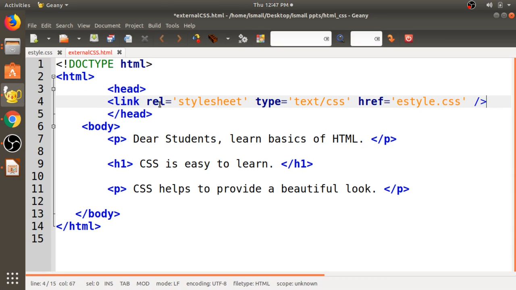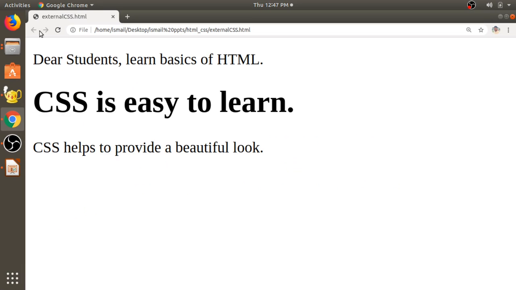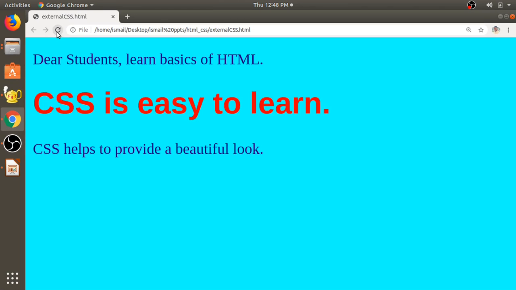Link rel equals stylesheet, type equals text/css, href equals estyle.css. One important note is do not copy paste any code directly from the web. It will not work sometimes. Now save this file and execute it in the web browser to observe the output.